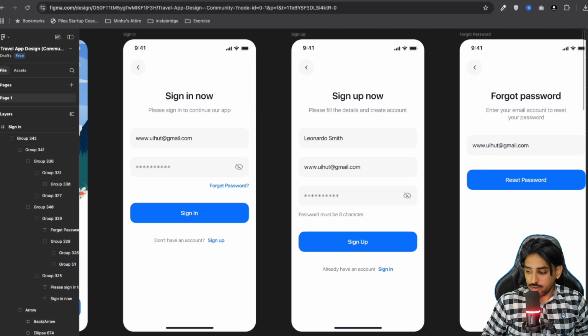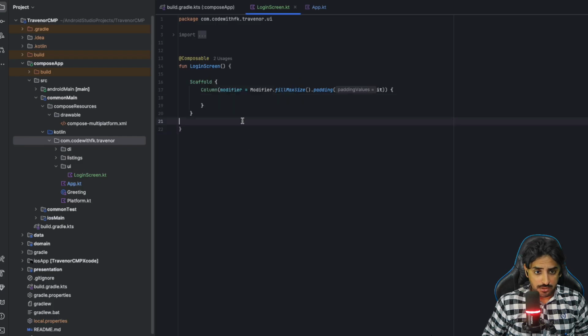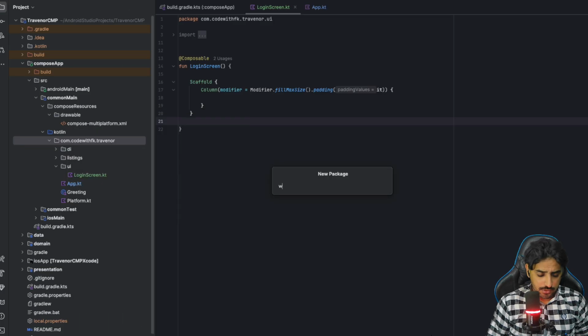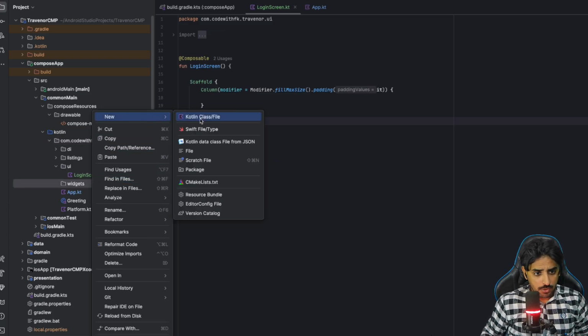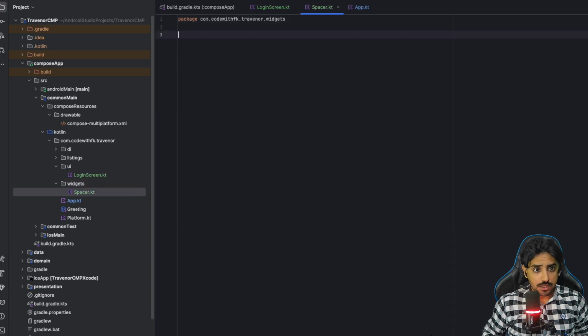So we need to fix these kind of things as well. For that, if I keep on creating one item and use the default spacer that the system provides, definitely it's customizable, but I'm going to use it mostly for just spacing. So for that, I'm going to create a package and let's just call it widgets. This widgets package is going to hold the first Kotlin class that I'm going to use over here, basically the spacer class file, sorry, and then over here we'll be creating a composable, and that is going to be a function